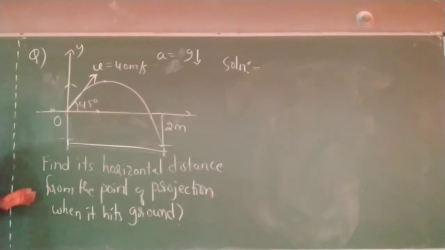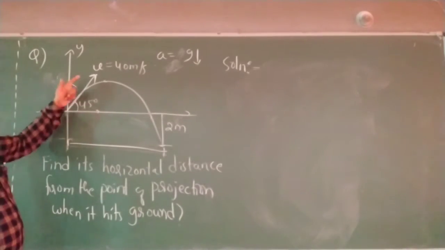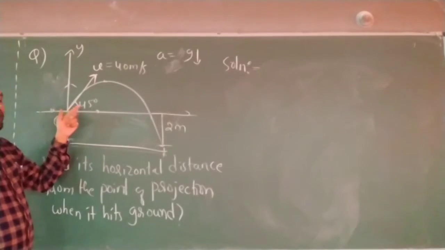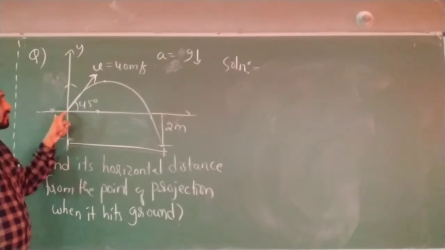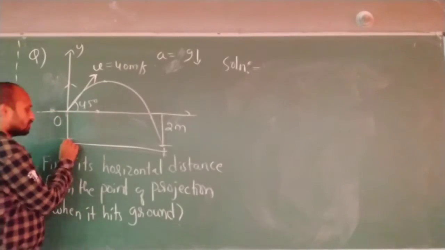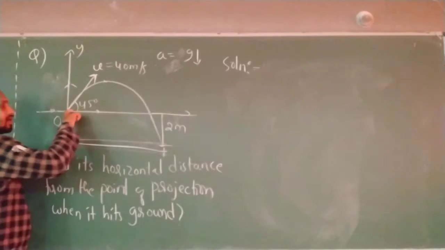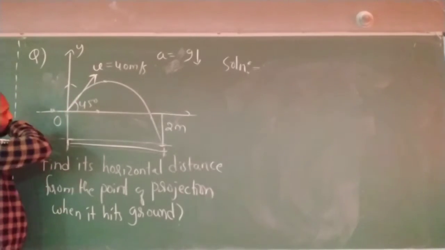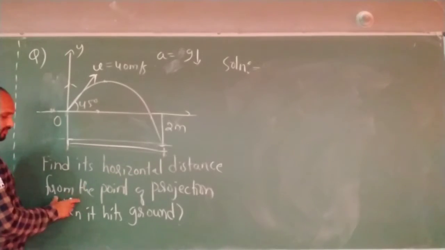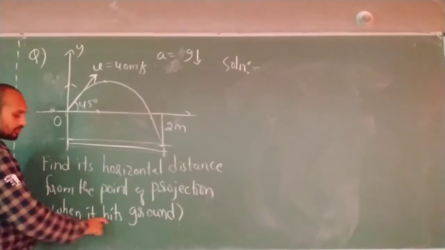Here, one problem we have. One body is projected with 40 meter per second initial velocity and the angle of projection is 45 degrees. This body is projected from a height of 2 meter from the ground. This is the ground. From 2 meter above the ground it is being projected, and what you have to find is its horizontal distance from the point of projection when it